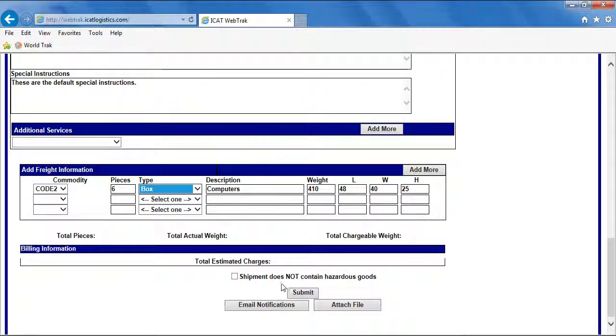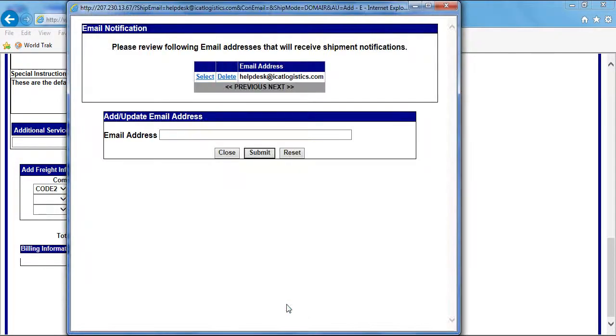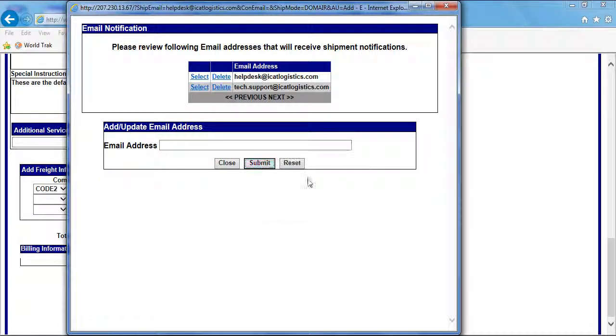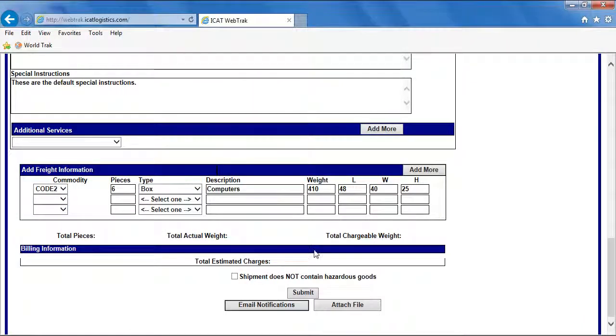Additionally, though, there is this email notifications button that we'd like to discuss. By clicking this button, you'll see that by default, you as the user will get an email that indicates that this shipment has been added. But you may have someone you're shipping the freight to, or someone who just needs tracking information. If that's the case, you can enter their information here. And click Submit. And then when you create this particular shipment, both of those email addresses will get an email